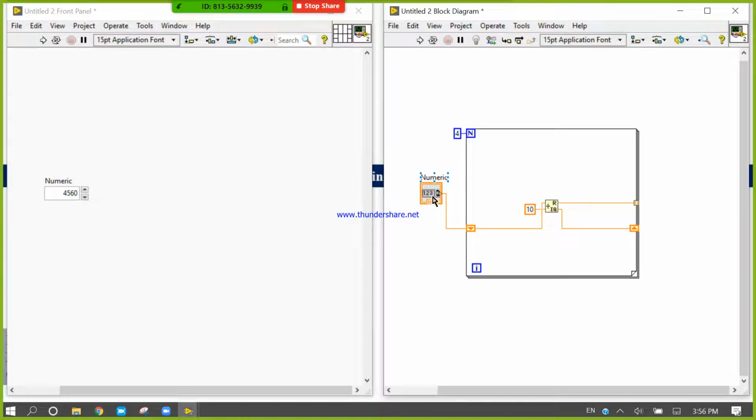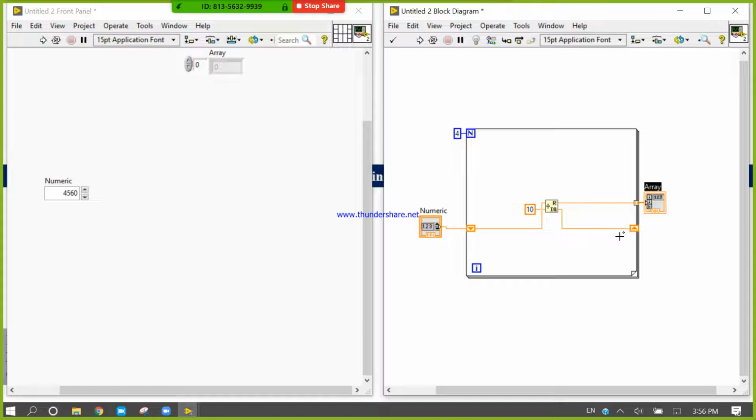After that, it will take 4560. In the first iteration it will divide it, and the first remainder 0 will be saved here, and 456 will become here.